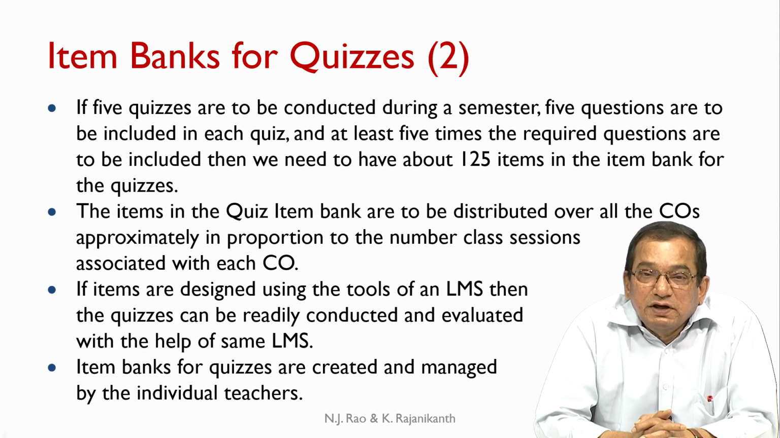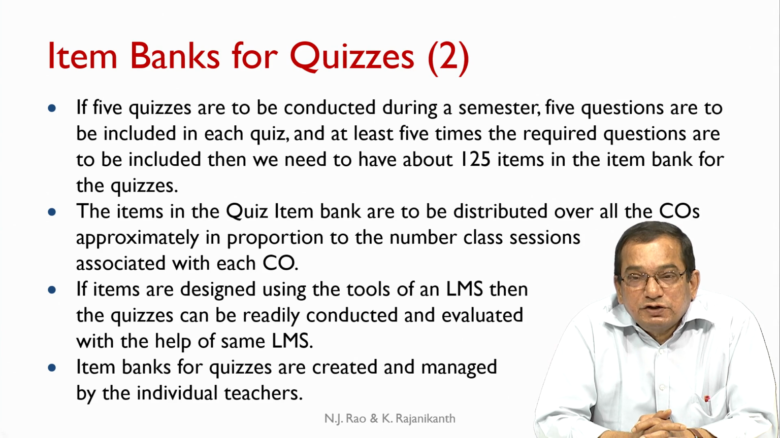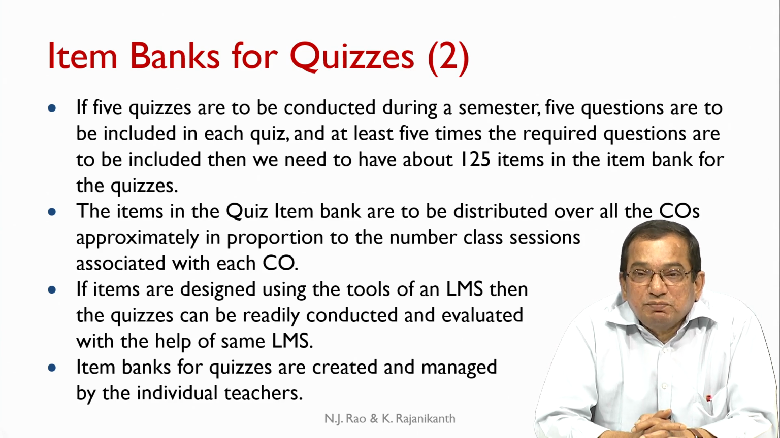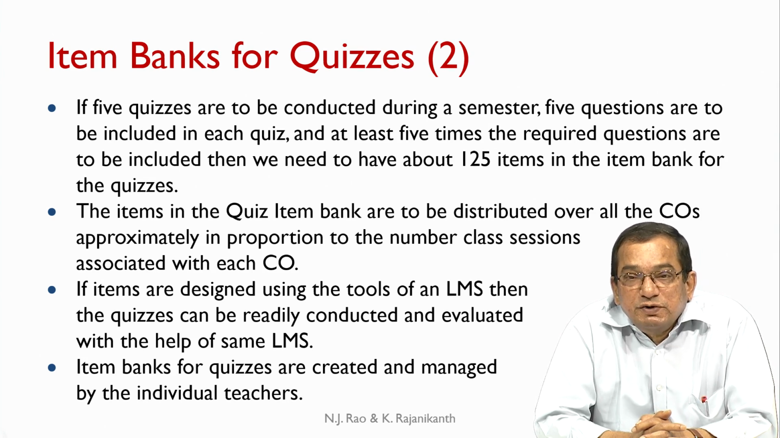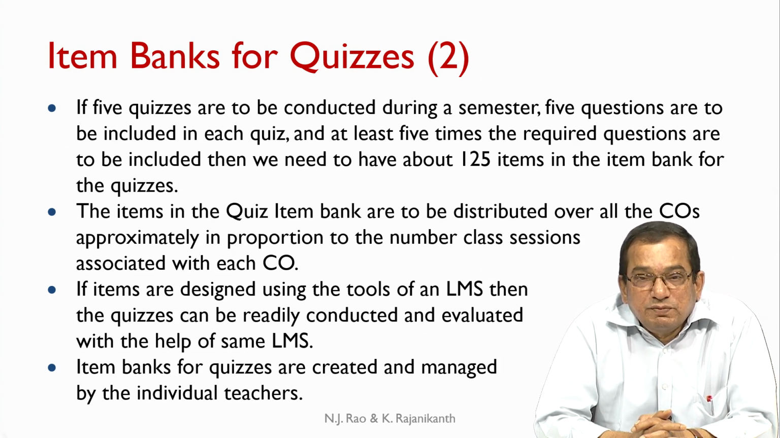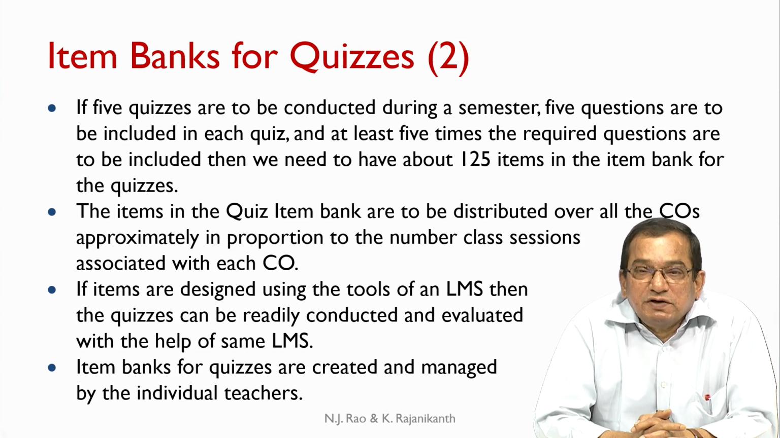So, in the item bank, we must have items covering all the COs, so that from that item bank we can pick up the items related to the COs which are being planned in a specific instance. So, the items in the quiz item bank are to be distributed over all the COs, and the numbers can depend upon the number of classroom sessions devoted to those COs, or it can be even a larger number